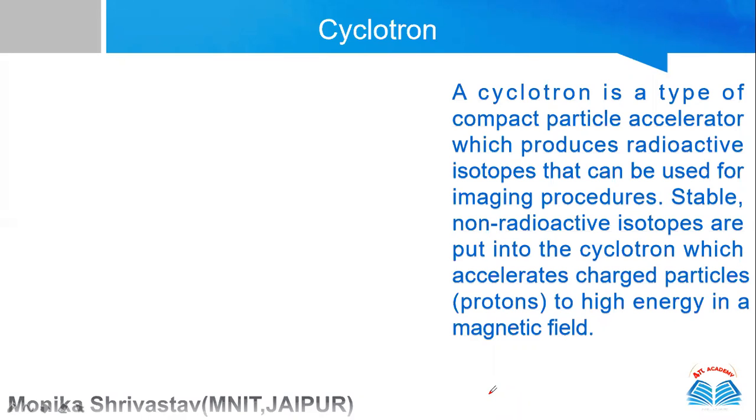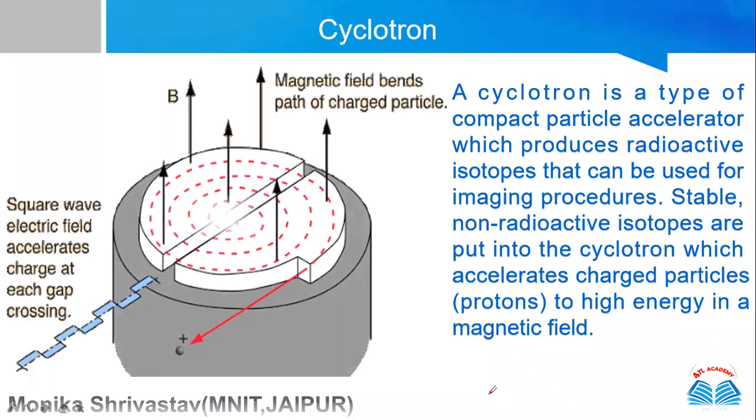So the cyclotron is the most important device in today's scenario. So how does it look? It looks like this. This is your cyclotron. I hope you must have seen this picture before, and you have studied about it in your previous classes also, because the cyclotron is always an important topic in physics. So what is happening in this cyclotron, and how are the charged particles accelerated when we are using it?